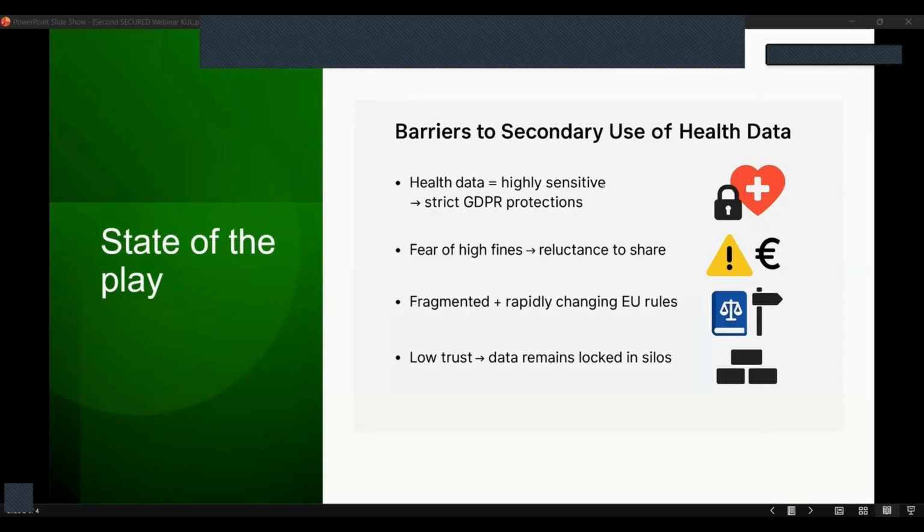Hospitals and other healthcare institutions are understandably very cautious when it comes to sharing health data. Even an unintentional misuse of sensitive data can trigger really severe GDPR fines, potentially reaching up to 20 million. So this risk alone makes any data holder far more comfortable not sharing data at all, even when the intended use is beneficial or ethically sound. As a result, this creates a climate where organizations prefer not to share data at all